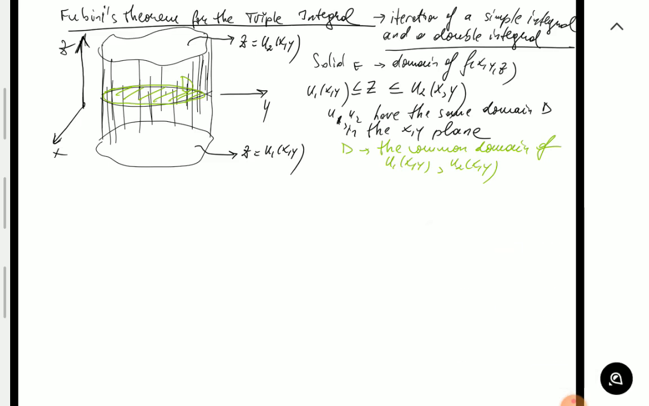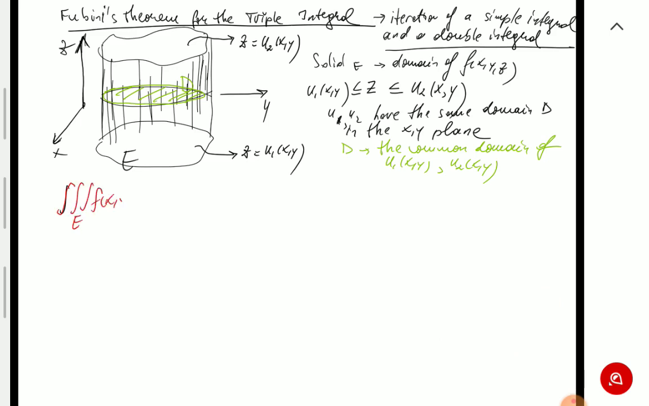Okay, so if I see the picture from above, clearly the two surfaces project onto the same domain in the xy plane, and like I said, z is between those two surfaces, u1 of xy, u2 of xy, then Fubini's theorem can be applied. And Fubini's theorem states the following, that again, this is the solid E, right, the whole thing. So Fubini's theorem states that, let's again use a different color to emphasize,